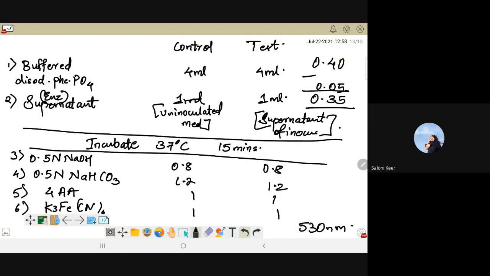Okay, another thing that you could do is, when you put the control tube, you auto zero it. And then against that you take the reading of the test. So automatically the auto zero effect continues. We have talked about all of this in SY. You know this very well. Right? So then accordingly you can take the reading.